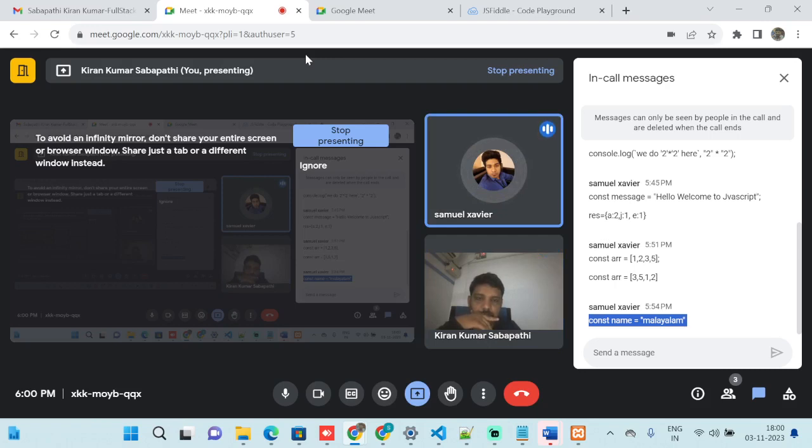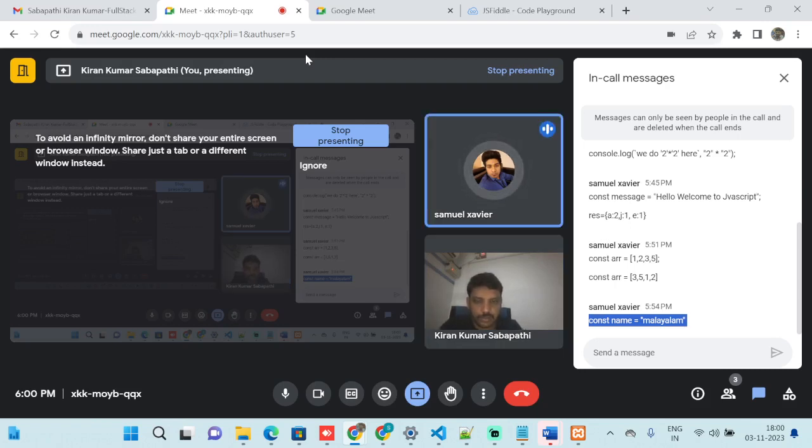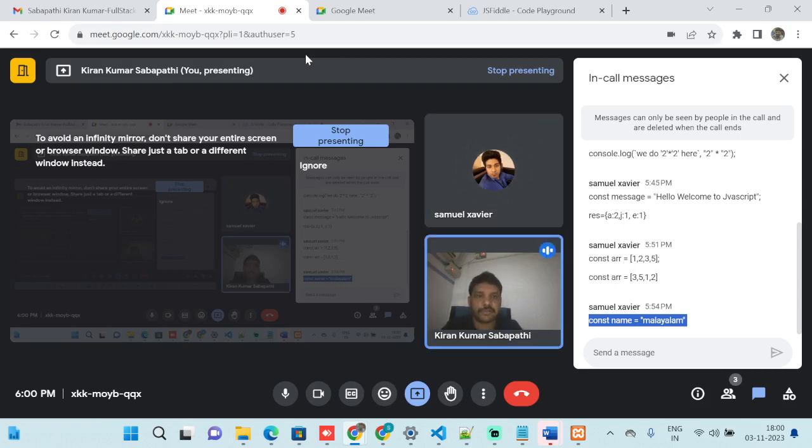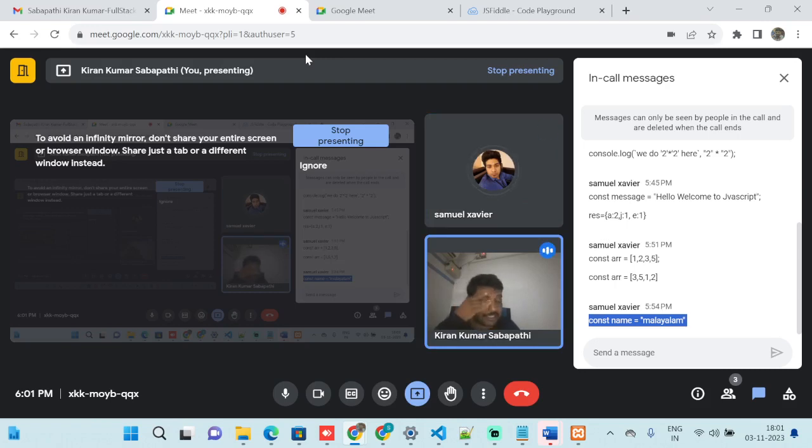Okay. Do you have any idea about error-first callbacks, which we use in Node.js? Yeah, error-first callback means, for example, if you have a function, after the function executes, what we need to call back first, that is the first callback. So what could be the first parameter of the function with respect to an error-first callback? The first parameter of the function is the execution, the second parameter is the callback. No, that's not the right answer. The first parameter of the function would be reserved for an error object. Yeah. Okay.